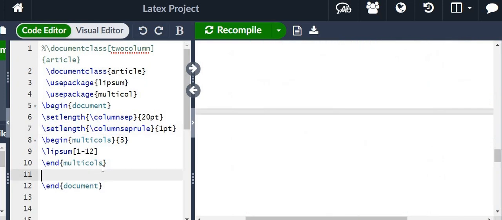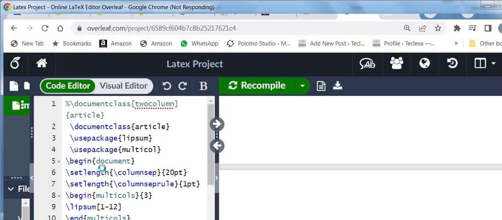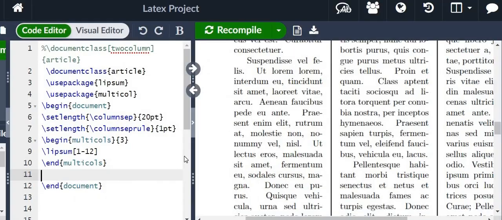Let's try to add another command for the multi-column formatting, that is the column break. Let's try to incorporate another command, the column break, which forces the column to start with the next column. The content will start from the next column. So in order to incorporate this command,